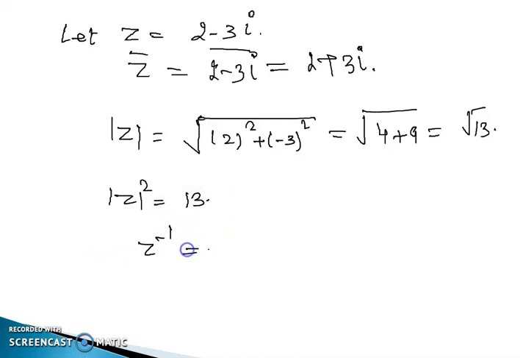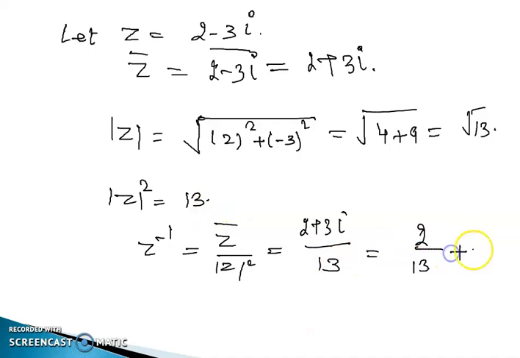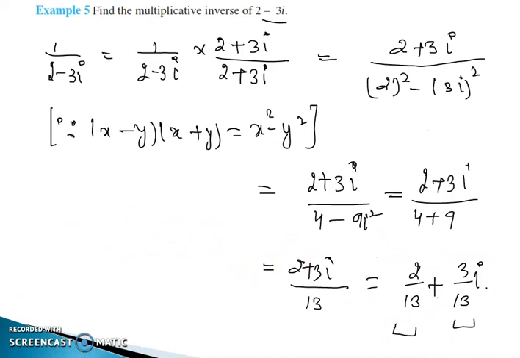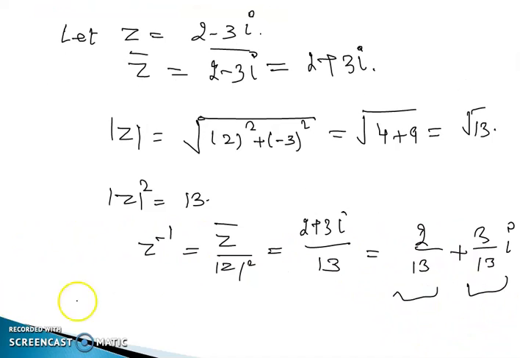Now the formula: z inverse is equal to z conjugate upon z mod square. Put the value of z conjugate, it is 2 plus 3 iota. Put the value of z mod square, it is 13, which can be written as 2 upon 13 plus 3 upon 13 iota, which is expressed in the form a plus iota b. So you can verify both the answers are the same. But we have applied